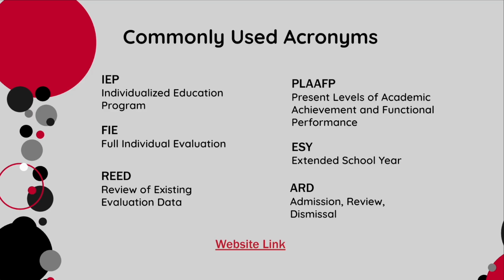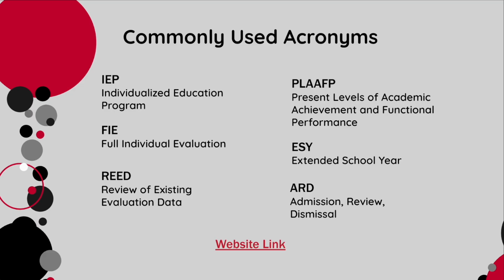The FIE, or Full and Individual Evaluation, is a comprehensive evaluation used to determine whether a child qualifies for special education services. It looks at your child's strengths, areas of needs, how they learn, and any supports that may help them make progress. A read is a review of existing evaluation data. A read happens when the team looks at all current information about your child, such as previous evaluations, classroom work, teacher input, and parent input, to decide if additional testing is needed or if the existing data is enough to